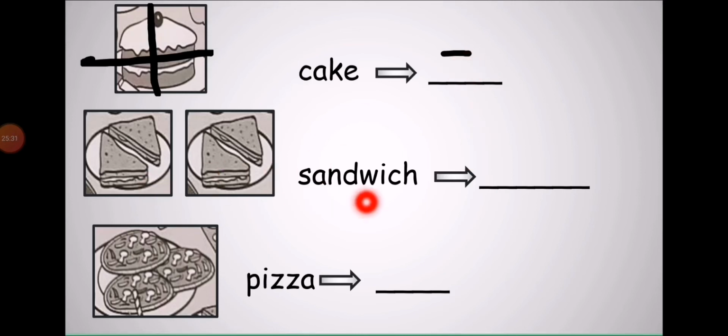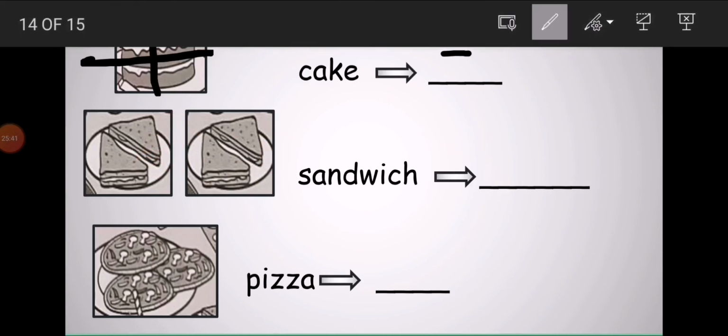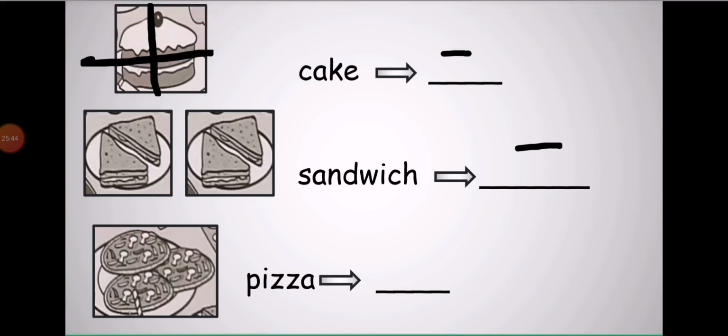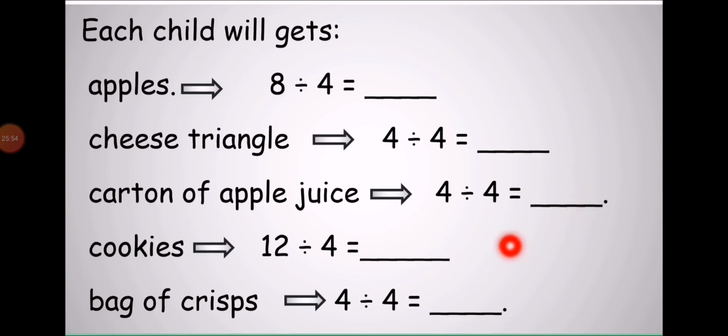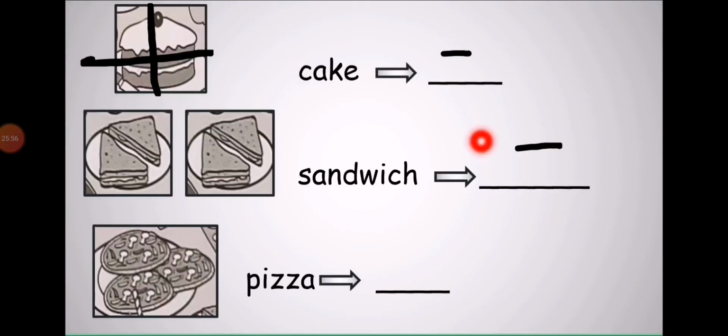Now, there are 2 sandwiches here and they are already cut into 2 equal pieces, 2 halves. So, how much will each get? So, you can write a fraction here again. Draw a line, write the denominator down, the total number, and the fraction which each will get, 1 will get, you will write up as the numerator. So write it in fraction. This part you will do in fraction, the other parts in simple numbers.